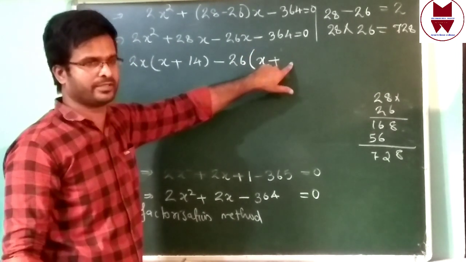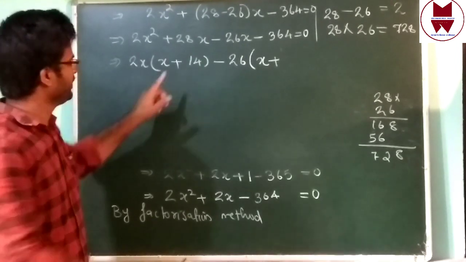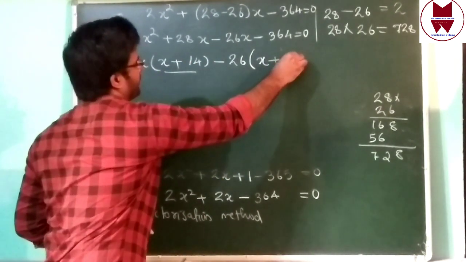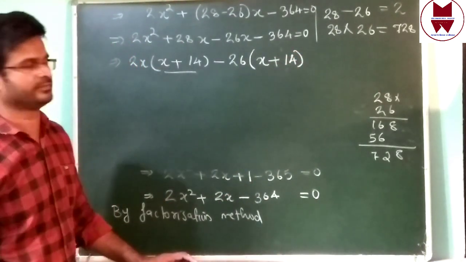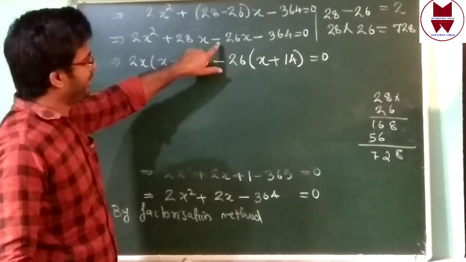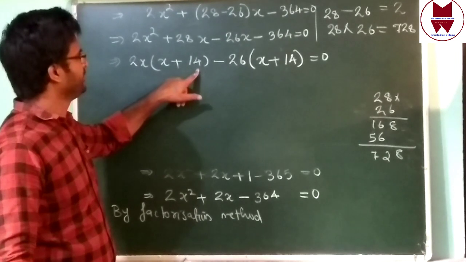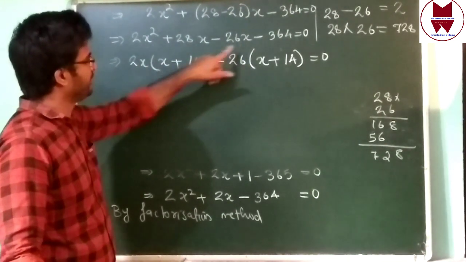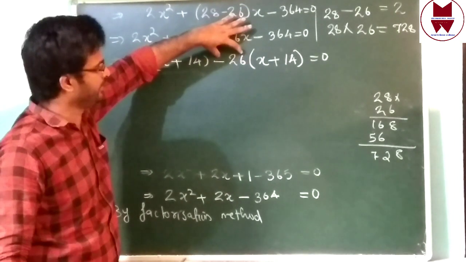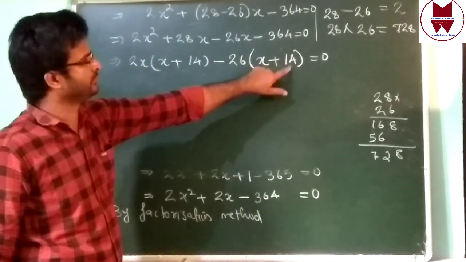Which number will remain? Check it in previous part, x plus 14. Then we need x plus 14 in here also, isn't it? That means 14 will remain equal to 0. Keep in mind, why I took minus 26 outside: x plus 14 we need. X only is there, isn't it? We need only x. That means this minus 26 you can take outside. Then only you will get 14. Then plus in here 14, right? 14.